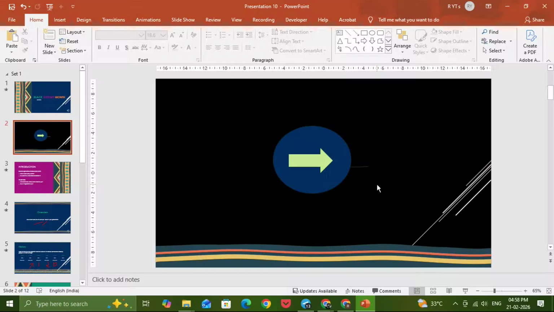In today's video, I'm going to show you exactly how to group shapes in PowerPoint so you can move, resize, and format multiple objects as one. Grouping objects is one of the most useful features in PowerPoint, especially when you're designing slides with diagrams, flowcharts, arrows, icons, or custom layouts. Once you know how to group shapes properly, your workflow becomes much faster and much more